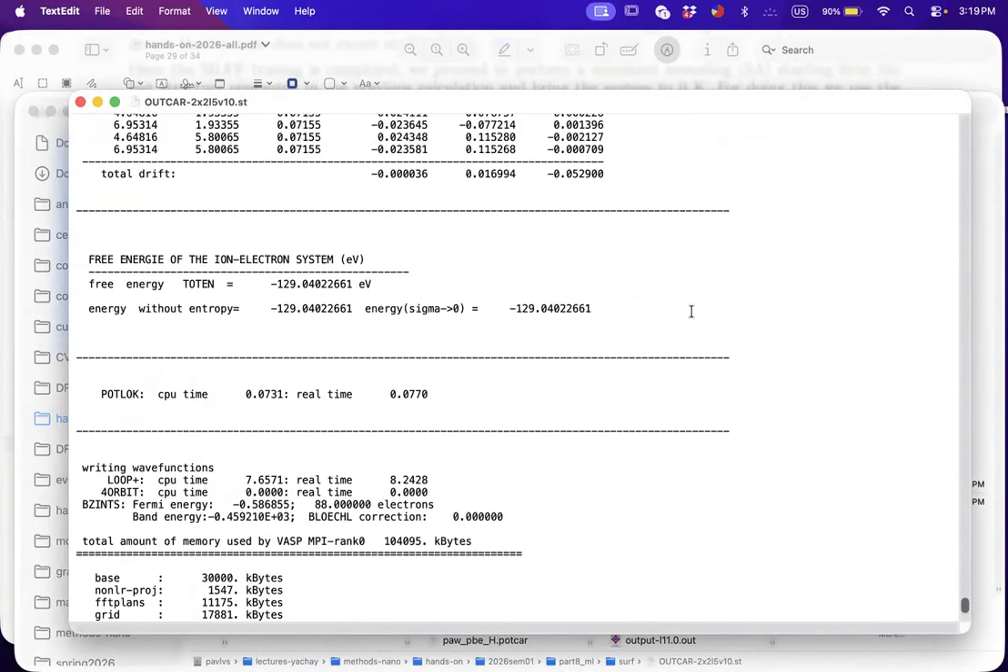You go to the last line: free energy of the ion-electron system, energy without entropy, and energy sigma to 0. This is the energy we get. That is the energy you should get, okay? So if you didn't get this, please copy this value and paste it here. If you don't have this correctly, this generated this file,